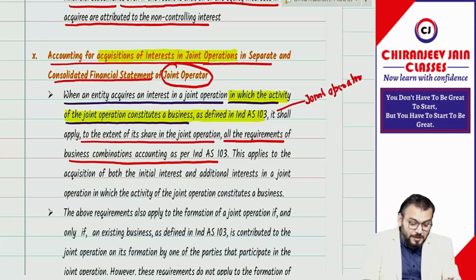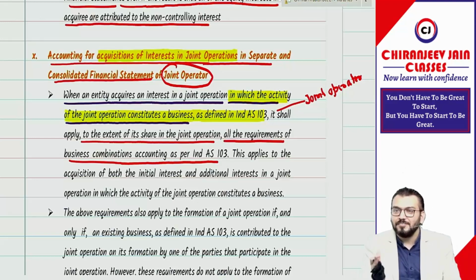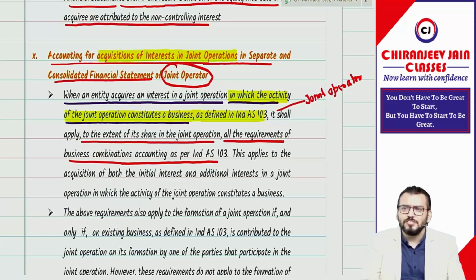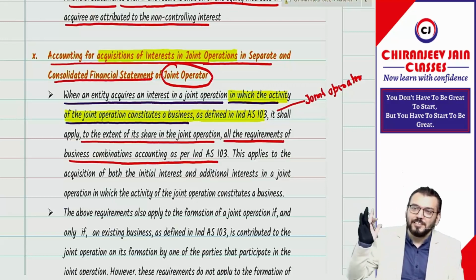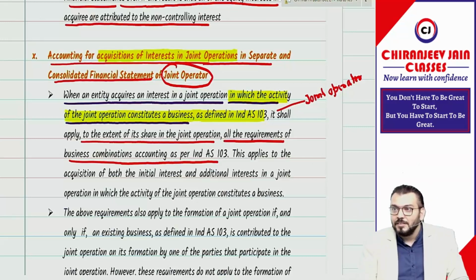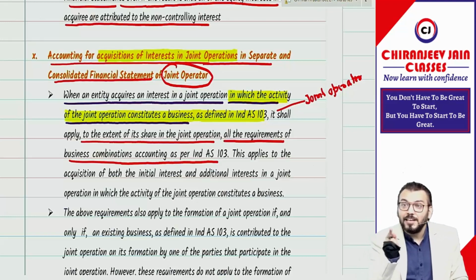For the first time they have given a question based on this. Last batch I have not taken any question on this, only we have done the discussion. I said let the questions come in RTP, MTP, will do. Sometimes there is no question, sometimes I create a question, mostly I create questions. But on this part I was not expecting ICAI to give a question. My expectation defeated. इसलिए always expect the unexpected.